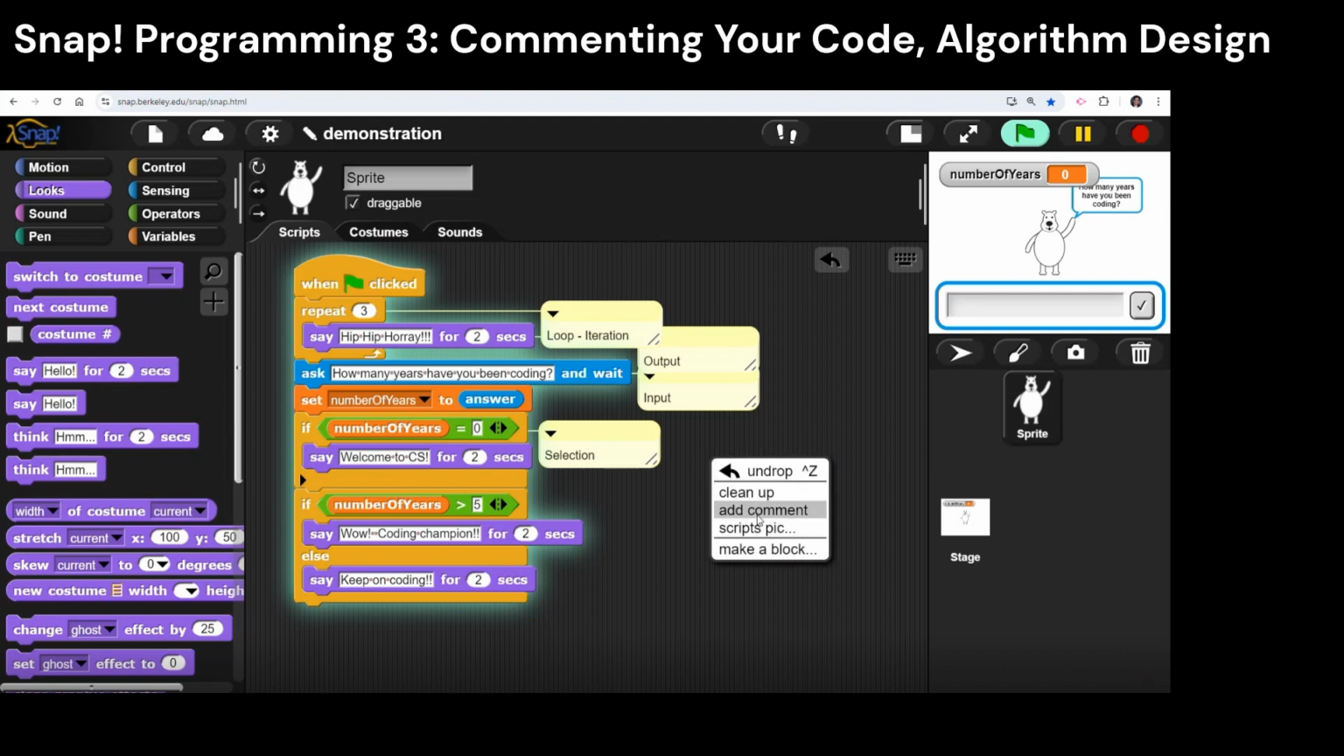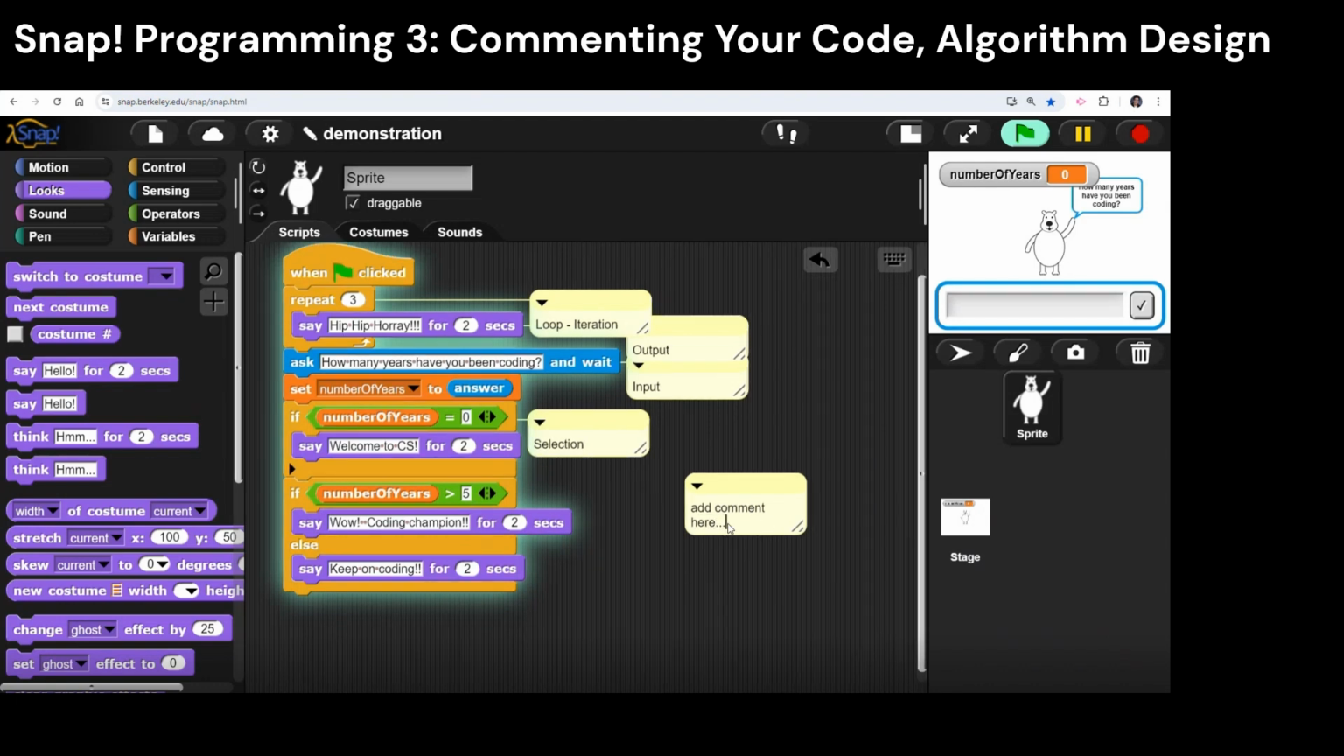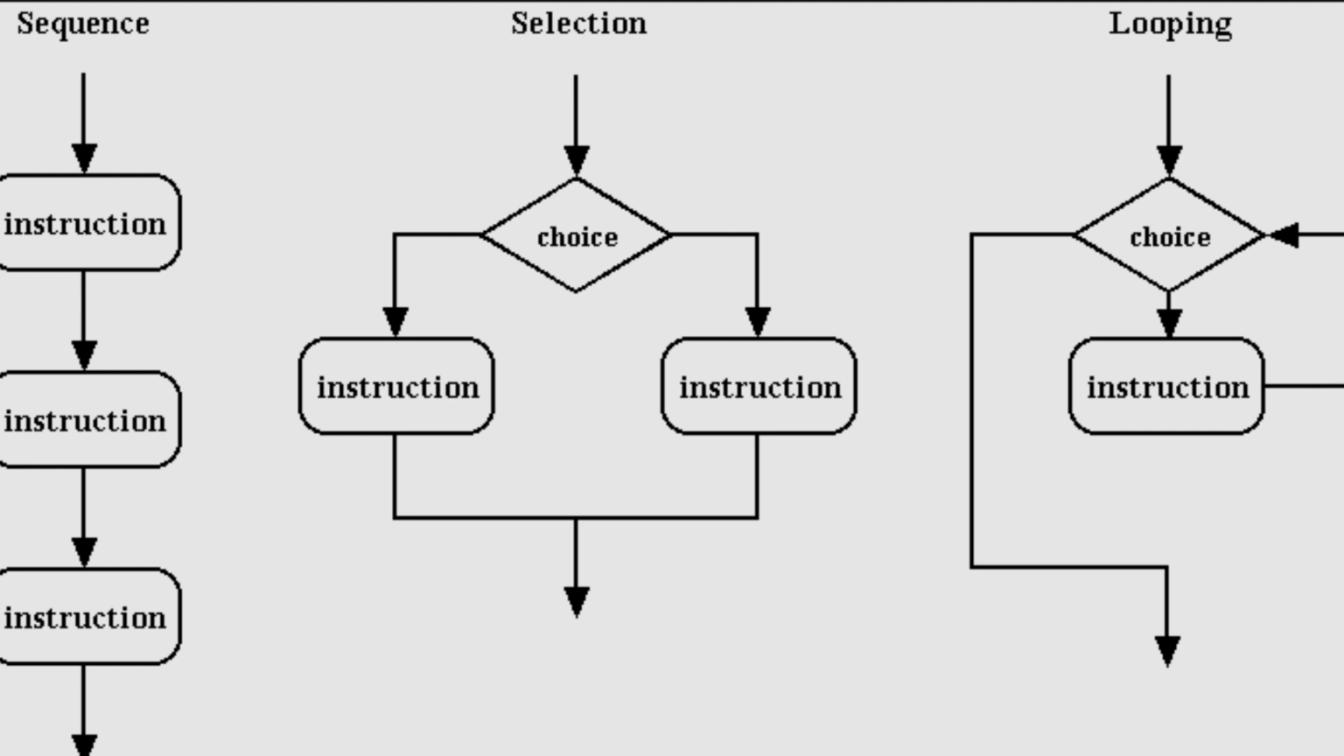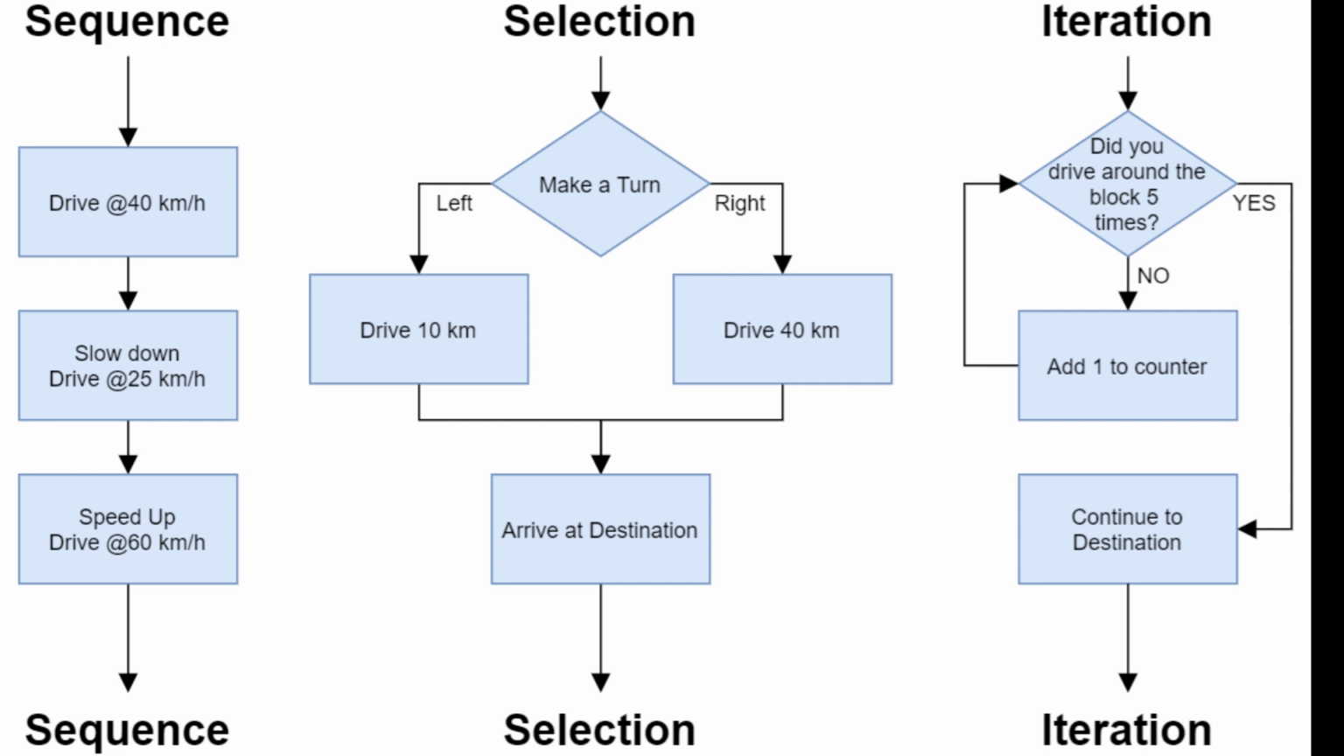Let me put one more word up here. Add a comment. Because there's actually 3 different terms that you want to know for algorithm design. 2 of them I already went over. That is iteration, which is your loops, selection, which is your if statements, and then sequencing is just a concept that code